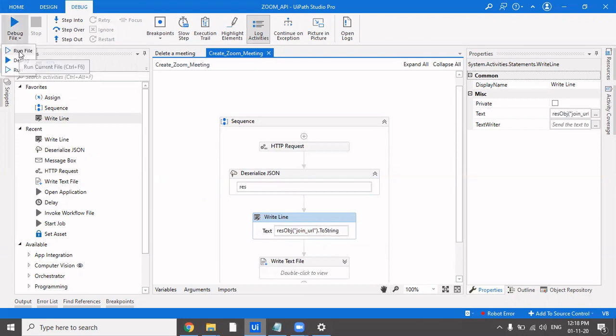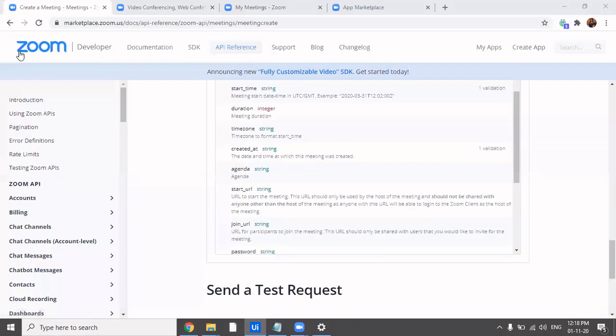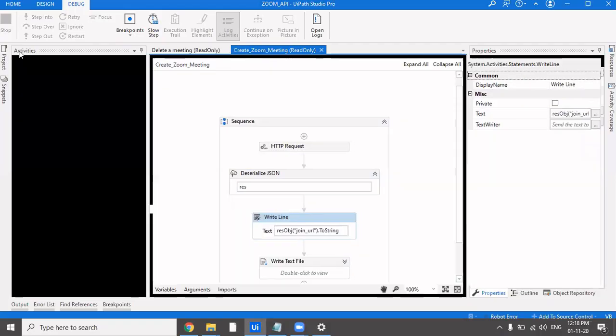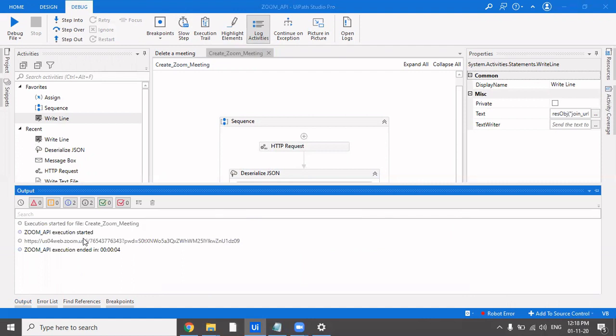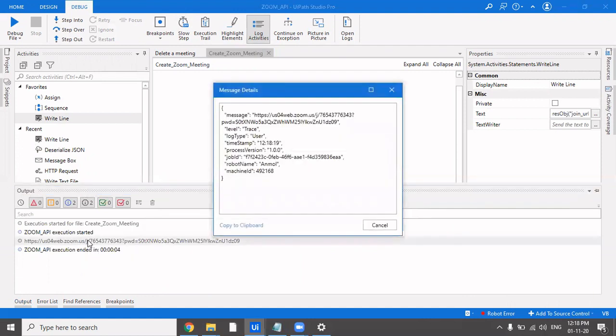This time a scheduled meeting of, I think, 10th December should be created, and what we should get in the write line is the URL to join that meeting. Later, when we make a custom activity to send this meeting invite, we'll embed this join URL in the dynamic email that we've created. That would be covered in the upcoming videos for sure.